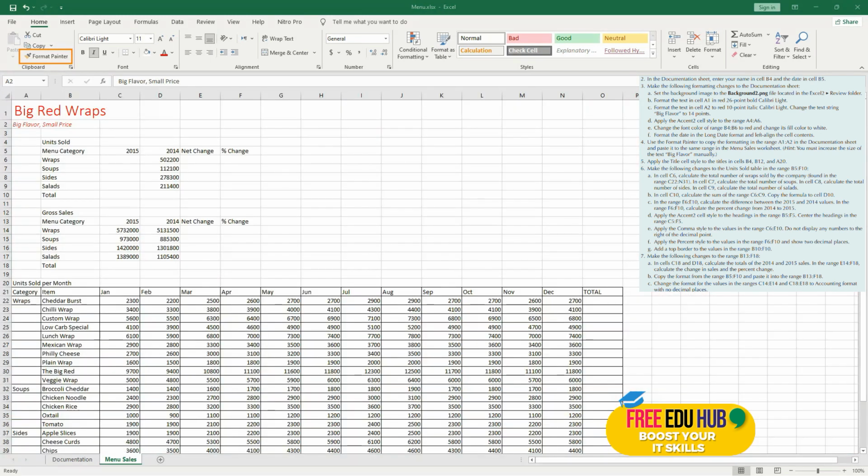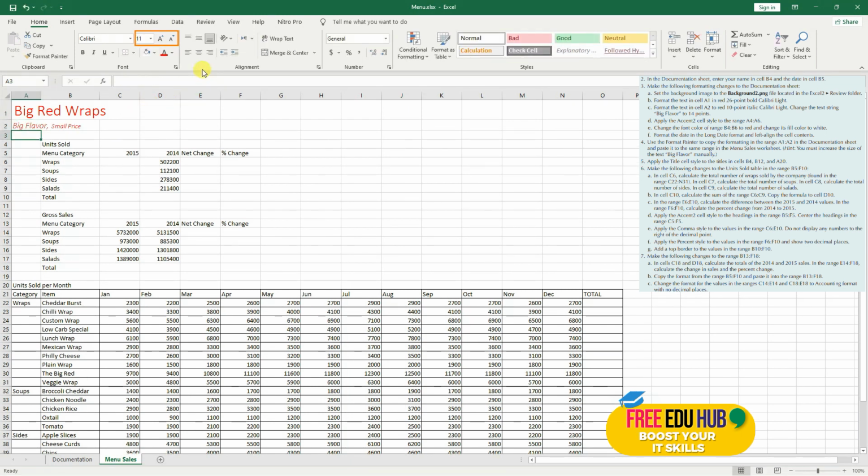Now since the format has been copied, but if you remember we changed the size of Big Flavor to 14, which has not been copied, so now we'll change it manually by clicking the font size area. So we'll select the text, this one, and we'll change its size to 14. So now if you press enter, you'll be able to see that the size of Big Flavor has been changed